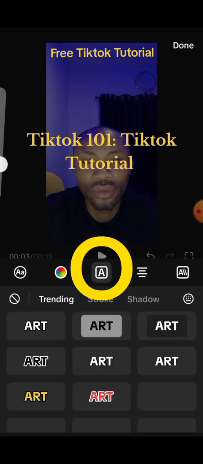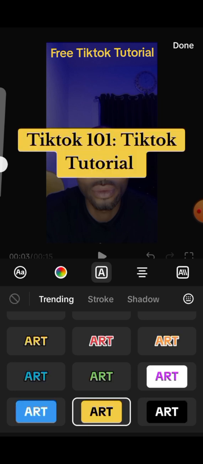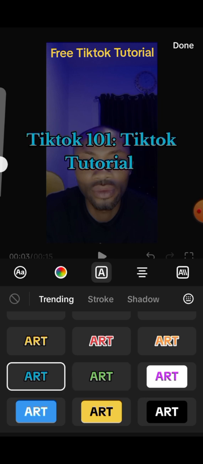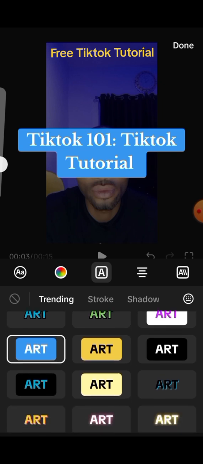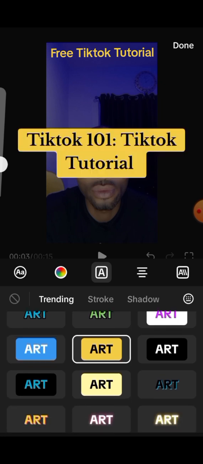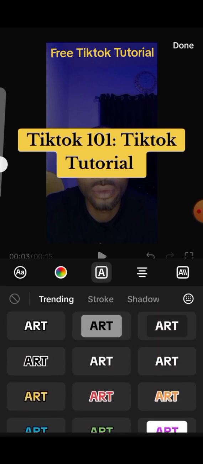You can also add effect to it right there. Okay, you can see it. You can add. Can you see? These are the things you can do here on TikTok. Some of you don't know about all these things. They are all available here on TikTok. Have you seen it there? So these are the trending ones. You can see it. These are some of the things you can do there under that